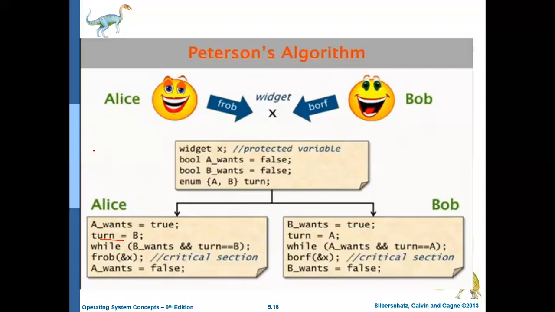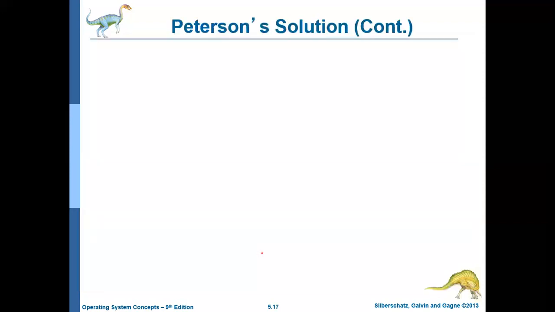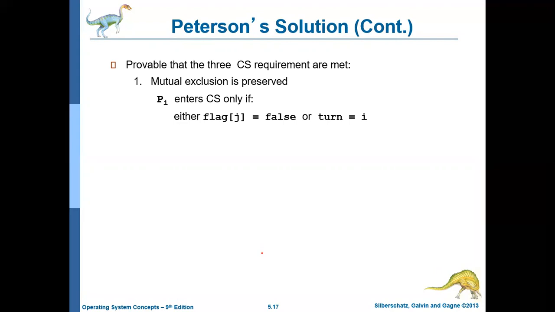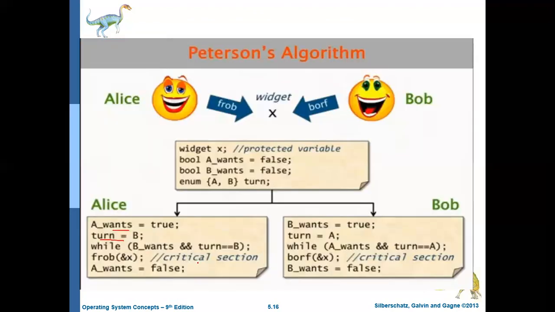So to overcome that drawback, in Peterson's algorithm two variables are introduced, not just one variable. One is turn, the other one is whether the particular process wants to enter or not. Okay, so this algorithm ensures all the three conditions for the critical section solution. As we know, any solution for the critical section should satisfy three conditions. First, it should ensure that mutual exclusion is satisfied.